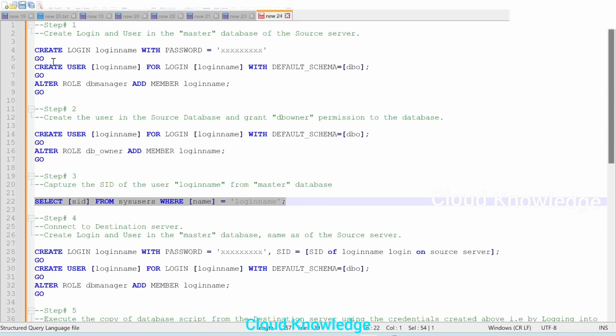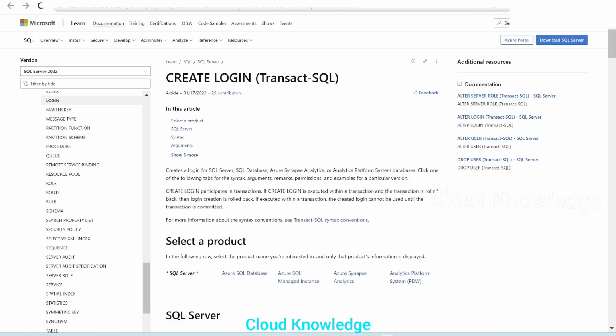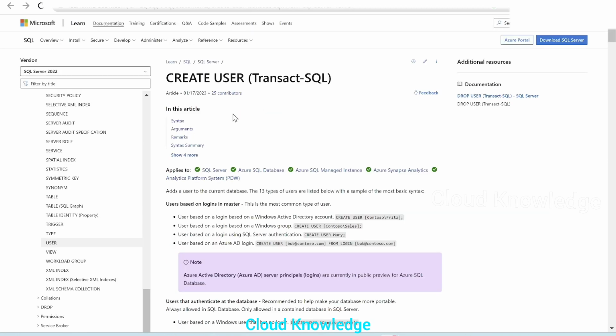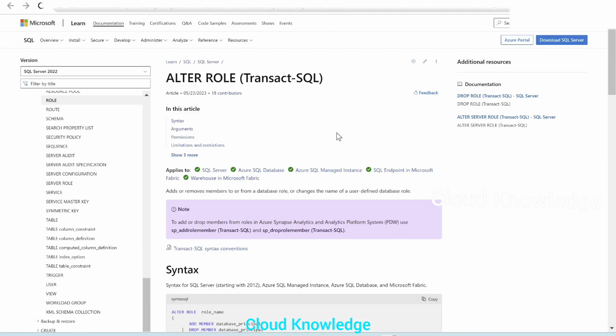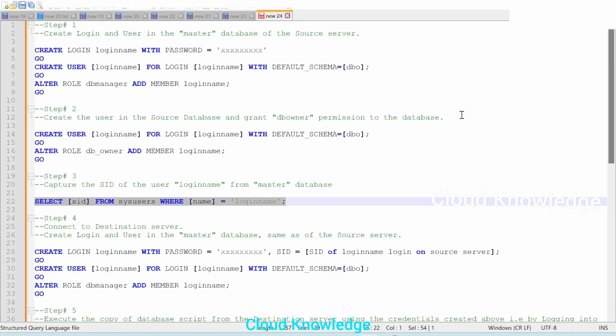Now what is this ID? Why are we creating the login, user, assigning role and permission? All these we can study in the standard documentation by Microsoft under the SQL Server section: what a login is, the create login step in detail, create user after login, then altering the role, what the SID is, etc. We can study all in detail.